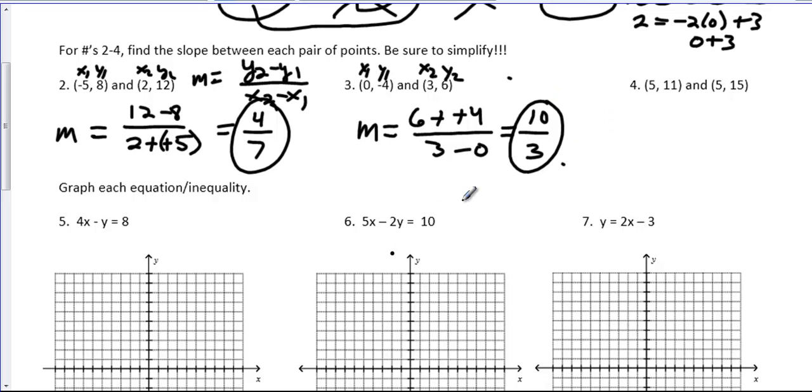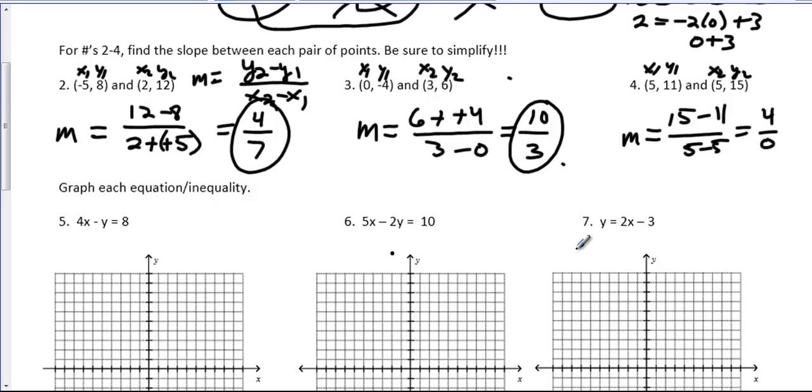Moving on to problem number 4. Again, here's my first point, and here's my second point. I'm going to have 15 minus 11 over 5 minus 5. That's going to be 4 over 0. And now we get to this point where we have to remember, is this 0 or undefined? One of the clues that we gave you back in Unit 8A was when the 0 is under on the fraction,